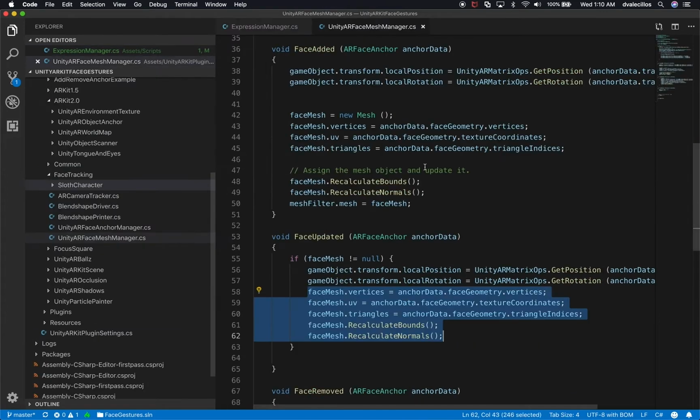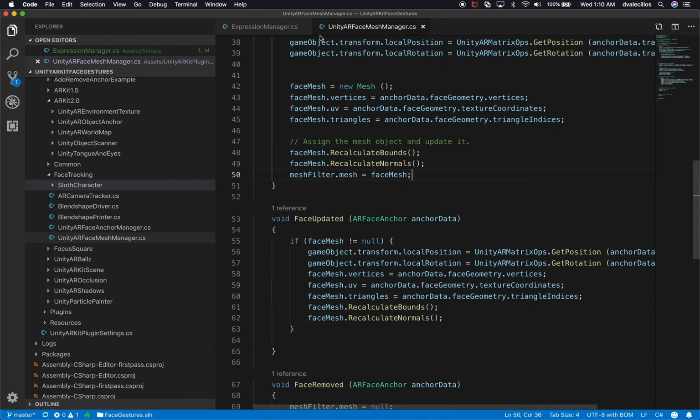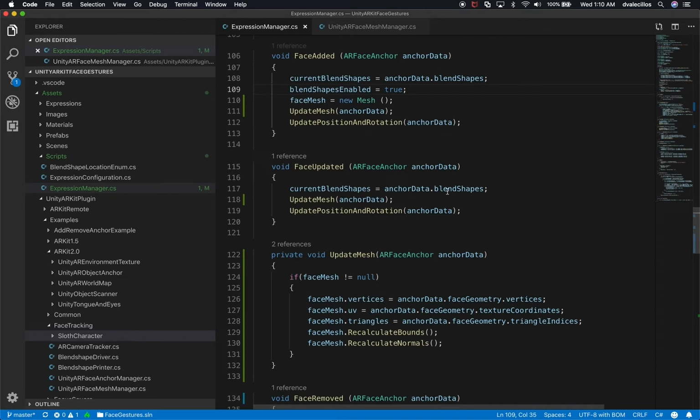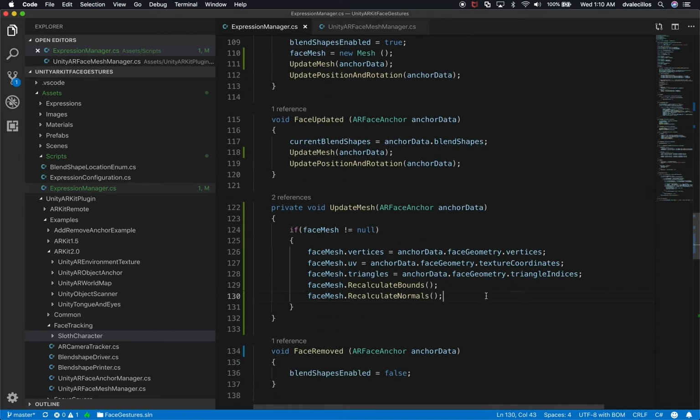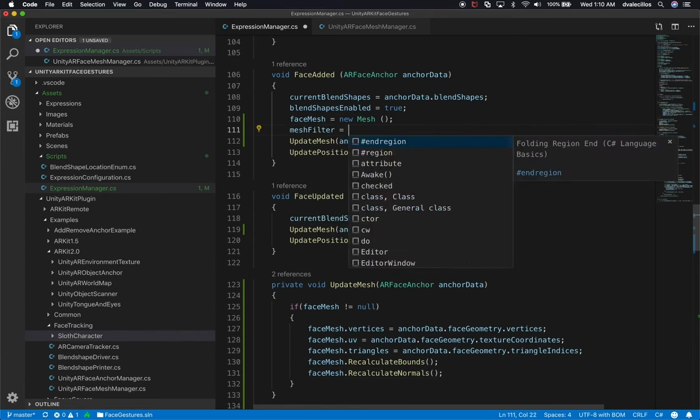Let me just look at the example one more time just to make sure. So that's what we just did. We assigned it to the face mesh, the mesh filter. And let me make sure that we're doing that here as well, which I didn't see. We actually didn't do that, and we need to do that. So we need to say mesh filter equal face mesh,